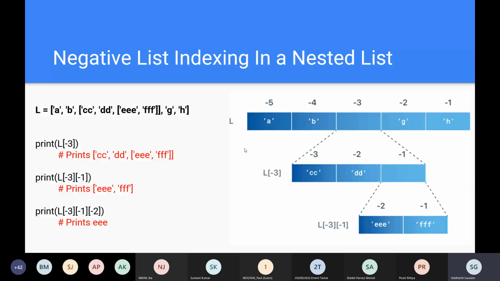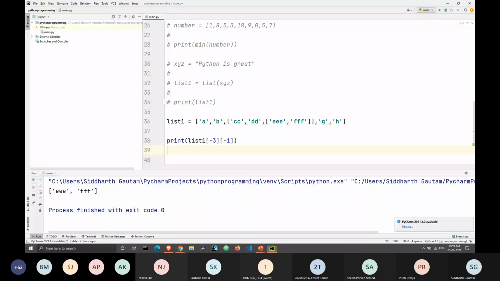Now let's see if we want to print just one of these elements. Triple E is the first element, the 0th element of the list. So if we write 0, we should get the output triple E. And as you can see, we get triple E. And similarly, since we're taking the negative approach, we can write -2 here. When we print this, we also get triple E, because this is the -1 index of this list, and this is the -2 index of the nested list.